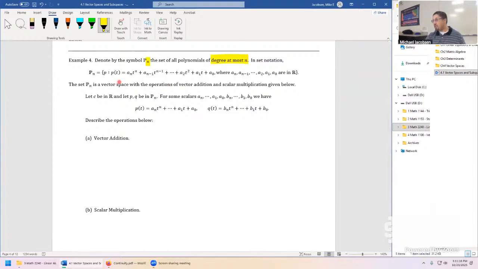So that's why it has a term that goes t to the power of n, a_n, n minus 1, all the way down through a1, a naught, has just one condition. They're real coefficients. They're all inside the space R. So the set Pn, the space of polynomials of degree at most n, is the set of all polynomial functions P, such that you define P at t in this way, with the restriction that these coefficients are all real numbers. So Pn turns out to be a vector space, and the operations of vector addition and scalar multiplication are pretty